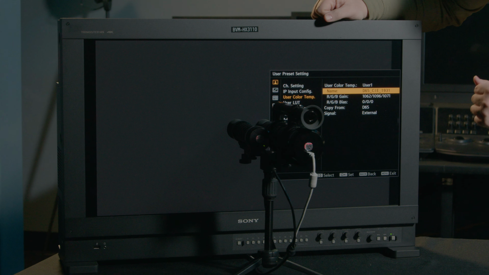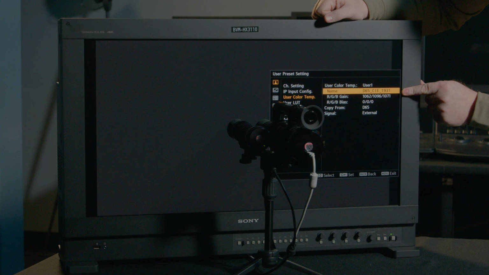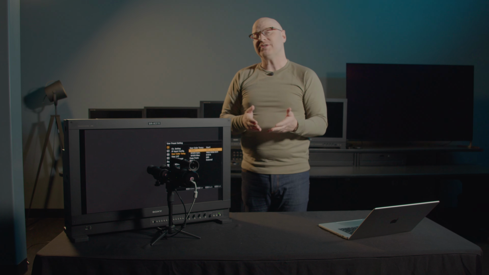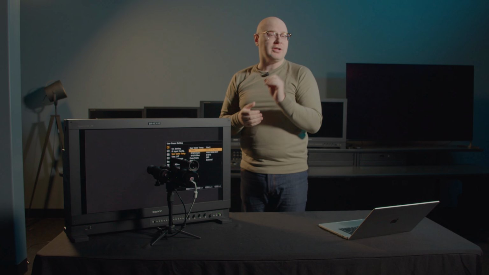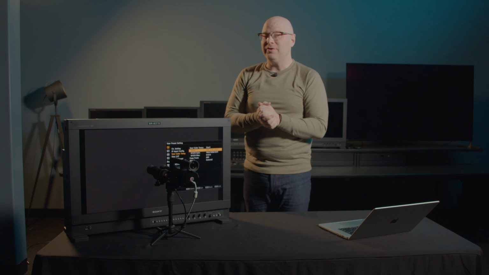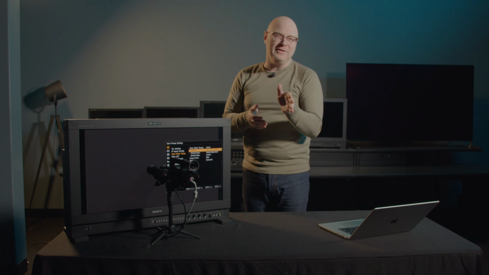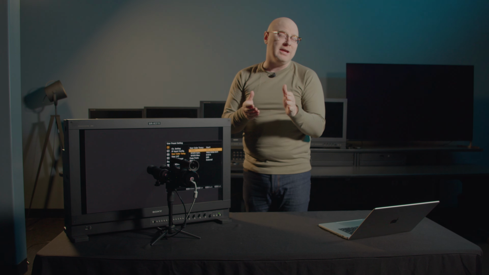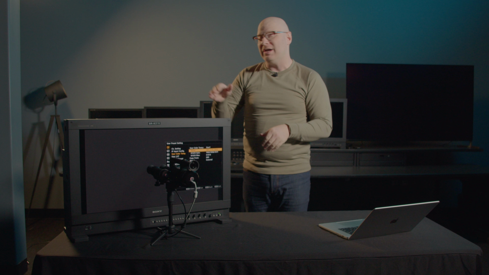Okay, and now we've named User Color Type 1 D65 CIE 1931. So anyone using this monitor will understand that this was calibrated using the color matching function CIE 1931 set to D65 in the User 1 mode. We've now set up the SDR BT709 2.4 limited range on the Sony